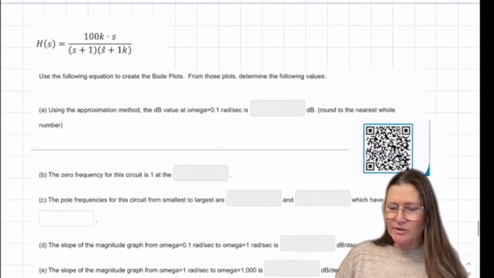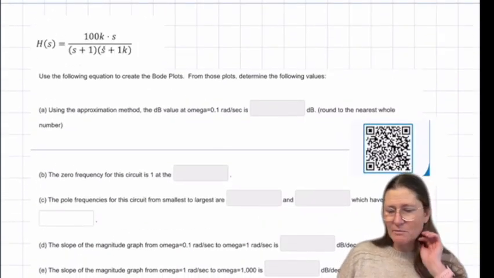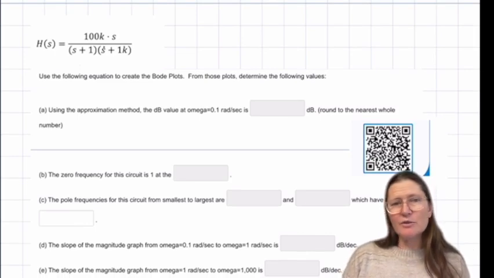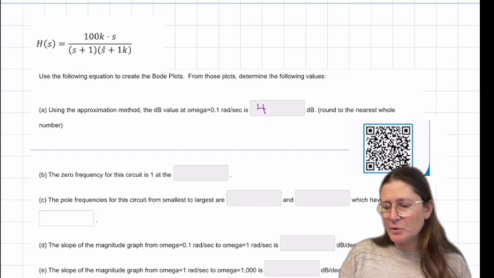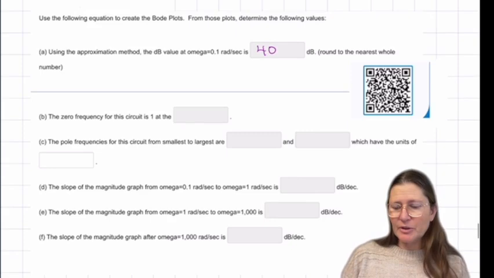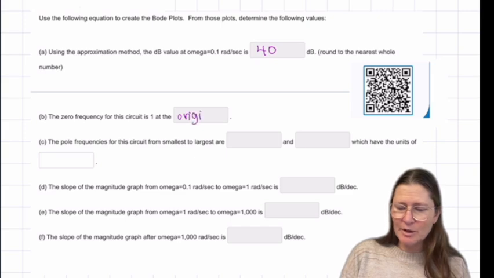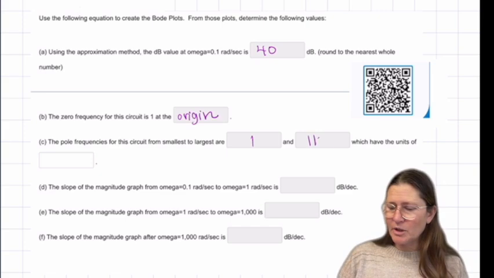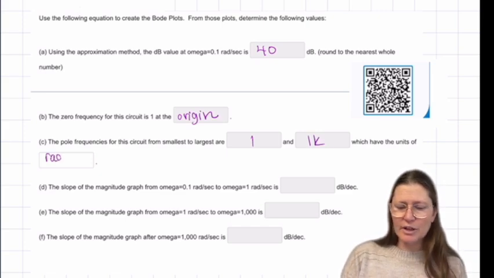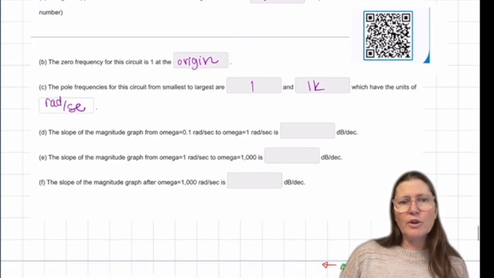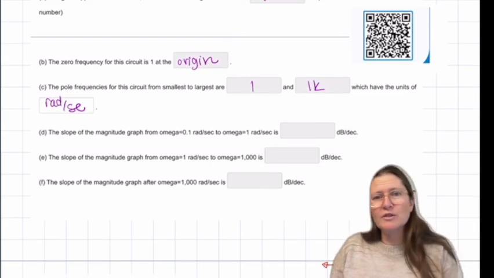All right, so there were some questions here. Using the approximation method, the value at omega equals 0.1 we found was 40 dB. The zero frequency for this circuit is at the origin, or at 0. And then this was 1 and 1K, in units of radians per second. So the slope of the magnitude graph from 0.1 to 1 is